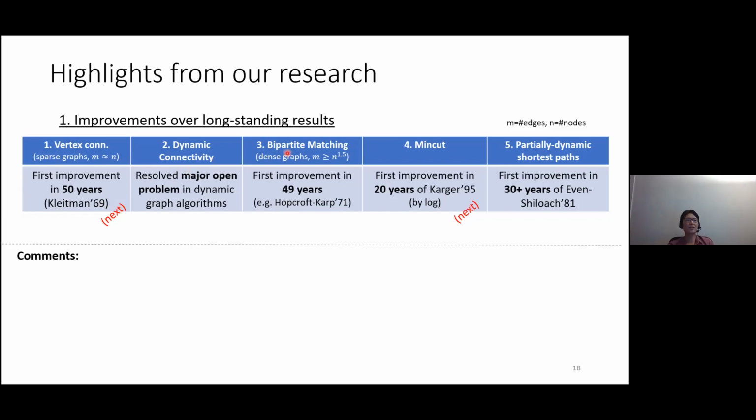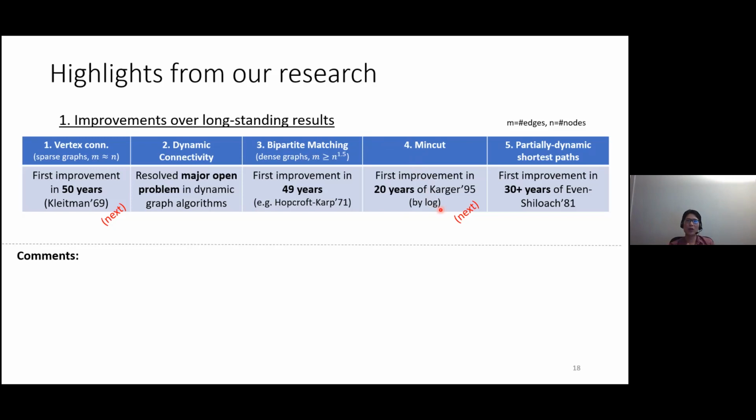And the other problem is the bipartite matching problem, which again, this kidney donation setting that I have mentioned in the beginning. Again, we have the first improvement in 49 years for this problem. And min cut, again, for this problem, I will revisit this again. So again, we have a little bit of improvement in the sequential setting in 20 years, but beyond that,